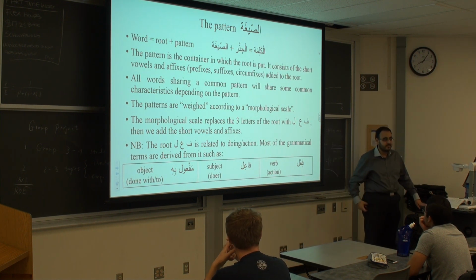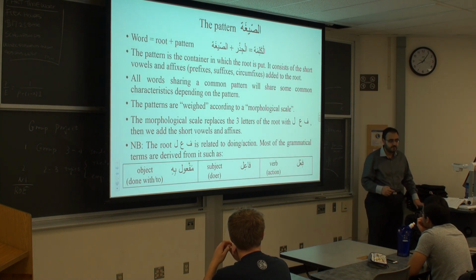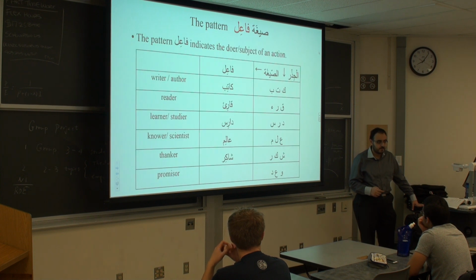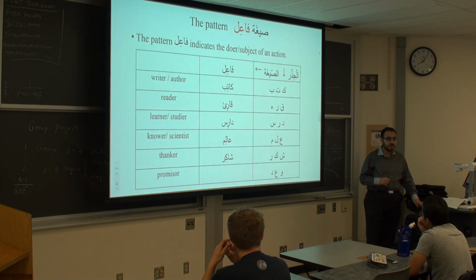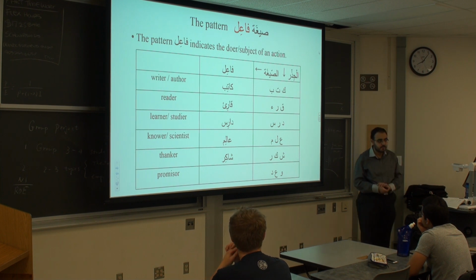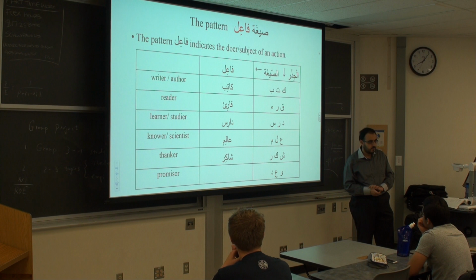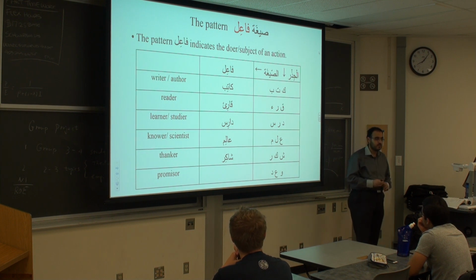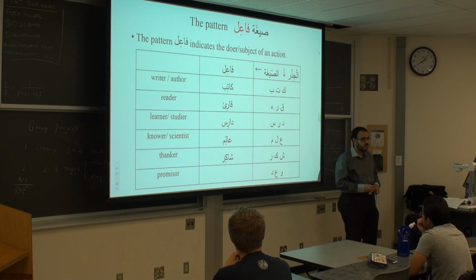You look at the pattern into which the root would fall. So you know that subjects have a certain pattern, and objects have a certain pattern, and the one that doesn't fall into there, like if you look at this pattern here, you have that alif right after the first root consonant, so you know that that's going to be the first, and then whatever has the kesra is the second consonant, and then the last one that takes the case ending is the last of that trilateral root, and that's how you pull it out.